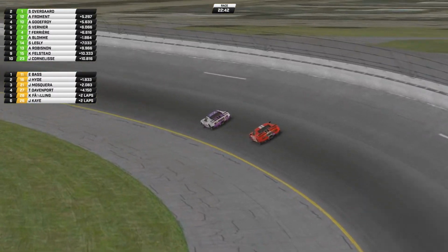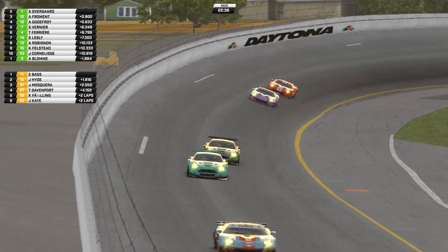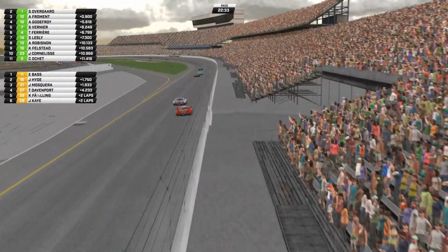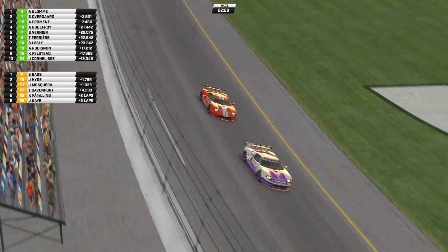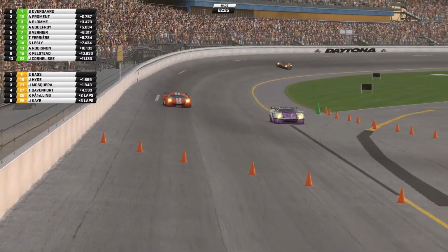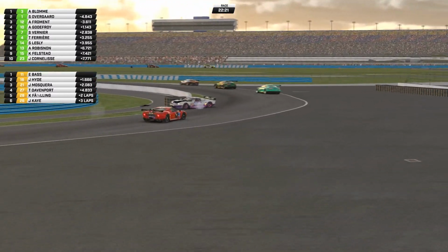So the leaders, let's look at the leaders. Blom is a second ahead of Overguard. And to be fair, the top three have pulled out about 5 seconds between themselves, even though they're all gapped between themselves and the rest of the field. So really good here, Blom. I'm surprised he's pulling away so easily from Overguard. I would have thought Overguard...